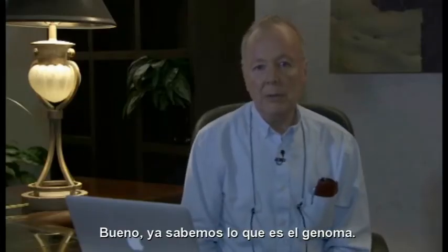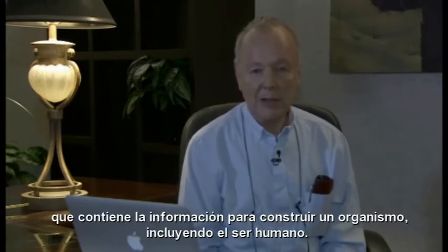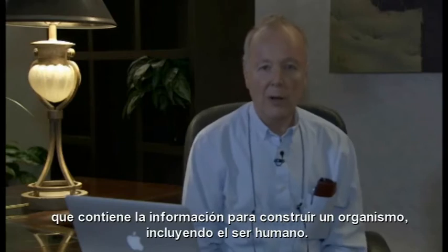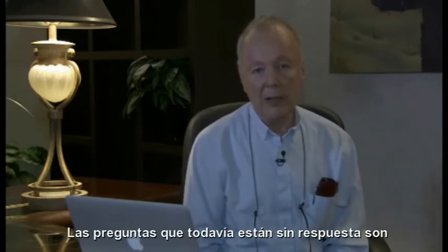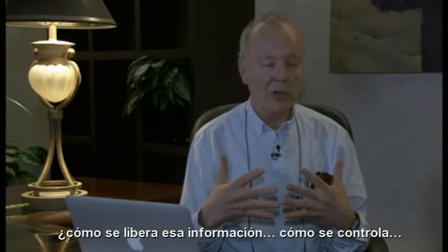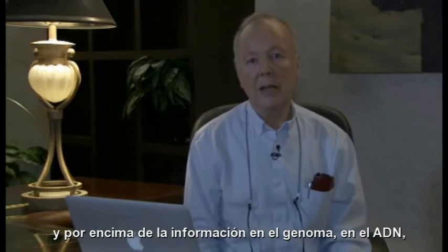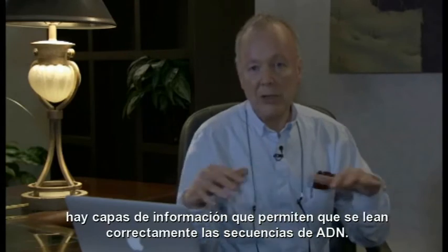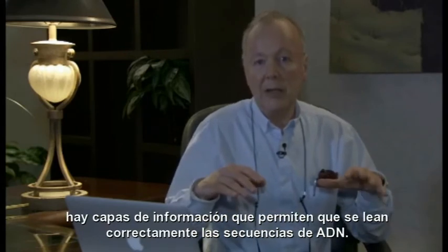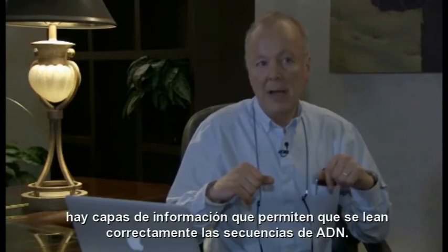Well, we know what the genome is. It's the sequence of bases in the DNA that contains the information for making an organism, including a human. The questions that we don't know the answer to fully are how that information is released, how it is controlled. And so on top of the information in the genome, in the DNA, are layers of information that allow the DNA sequences to be read appropriately. And one of those